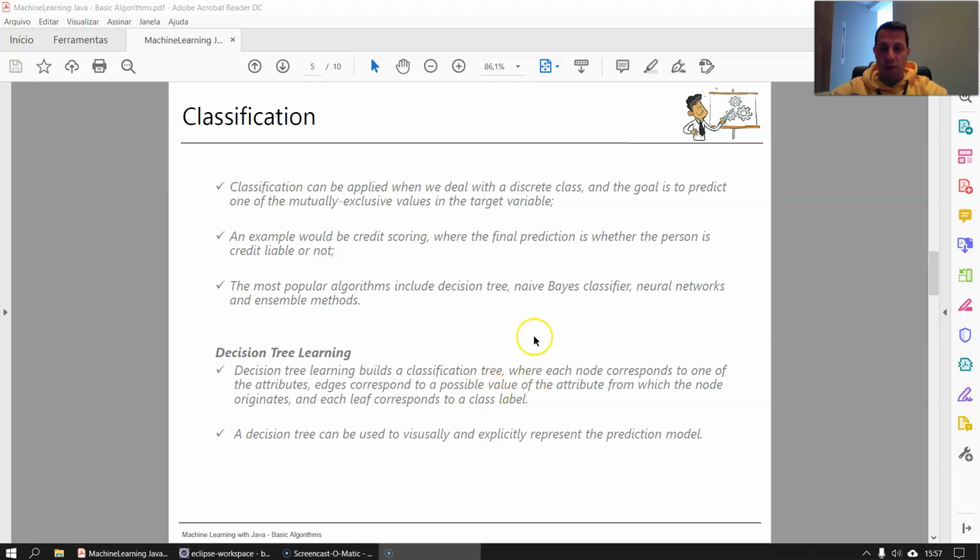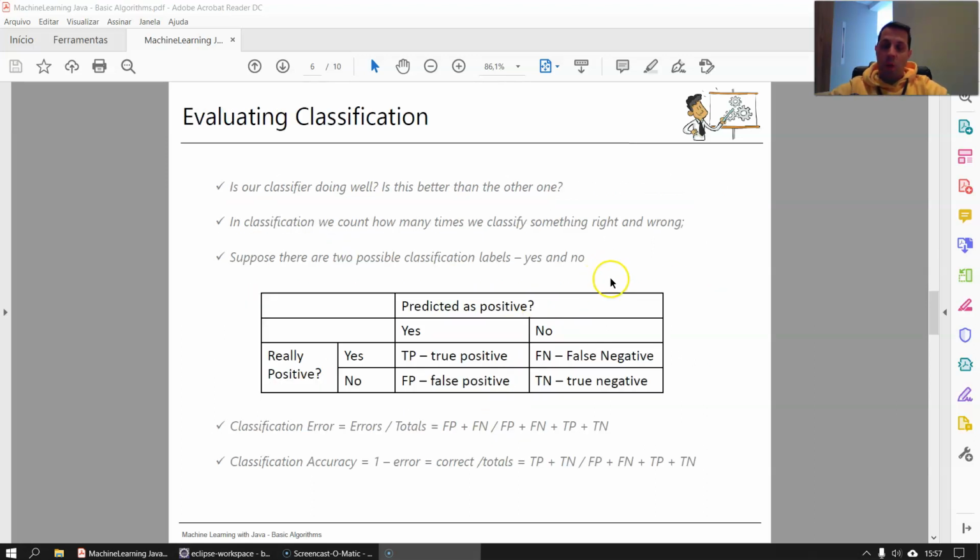It's a very useful algorithm. One important thing about classification is how I can evaluate my model. Is this model good or not? If you try different approaches, different classification algorithms, which one is better? So it's very important to have metrics to evaluate your classification. In classification, we count how many times we classify something right or wrong. Okay,